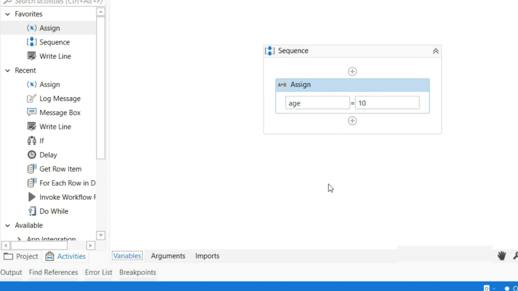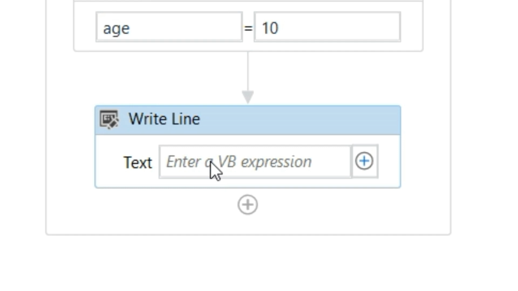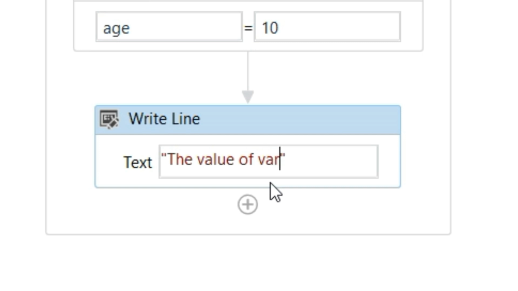Now how do we check if the 10 is assigned or not? I will use a write line just after that to print the value of this age. I will type one message first, the value of variable is.